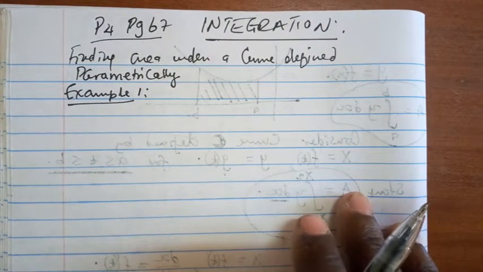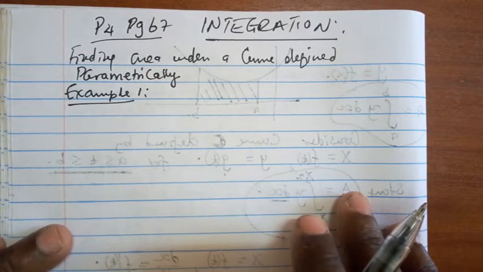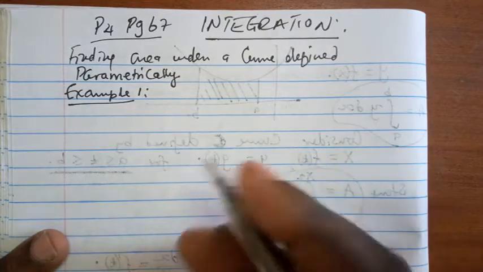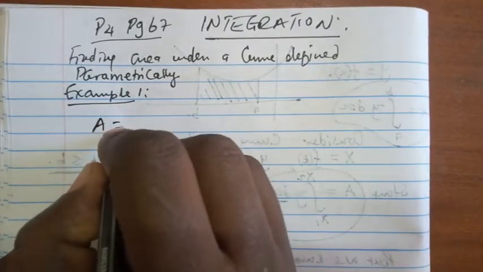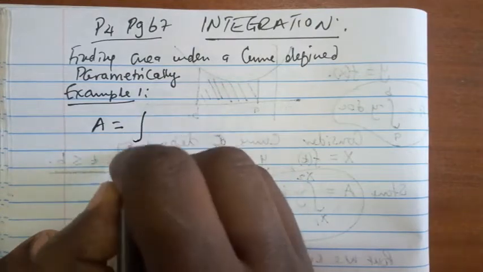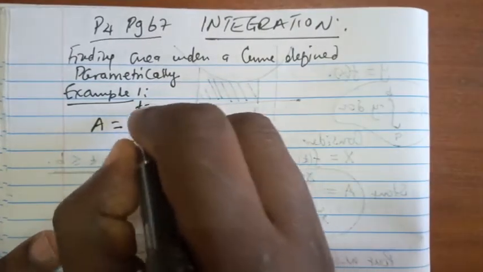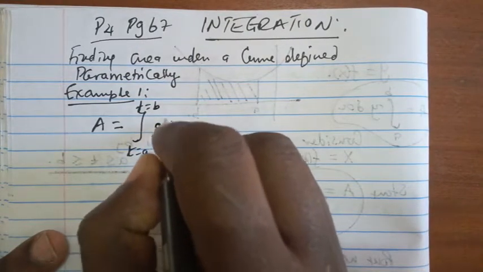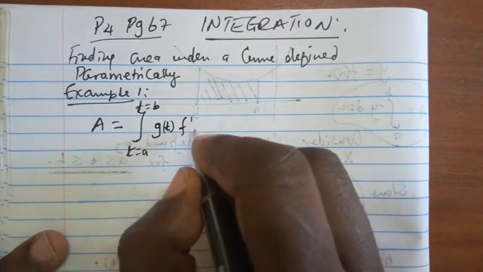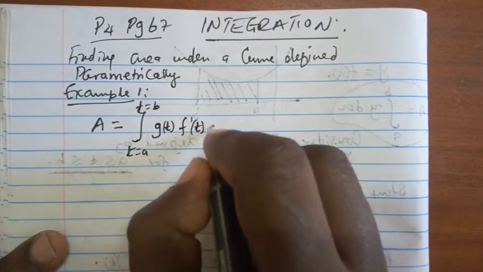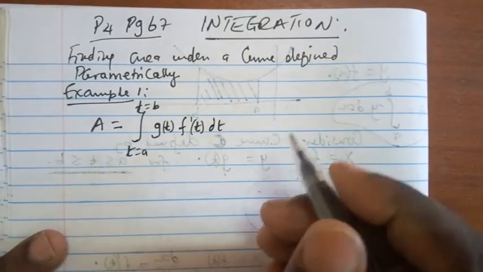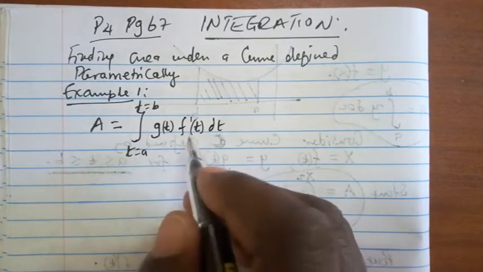We have said that in case we have a curve that is defined parametrically, the area is going to be given by the integral from t equals a to the limit of t, of the function g(t) f prime(t) dt, and this one is already explained in video 1, so I will not go back to explain this, but I'll use it